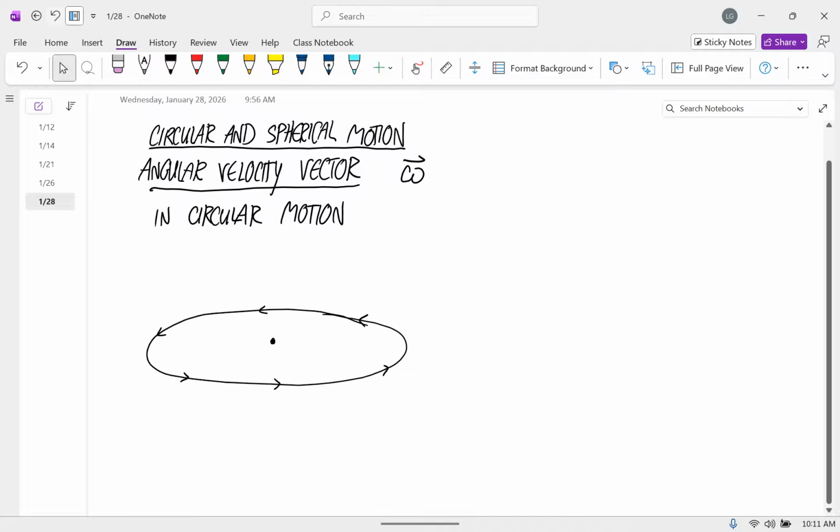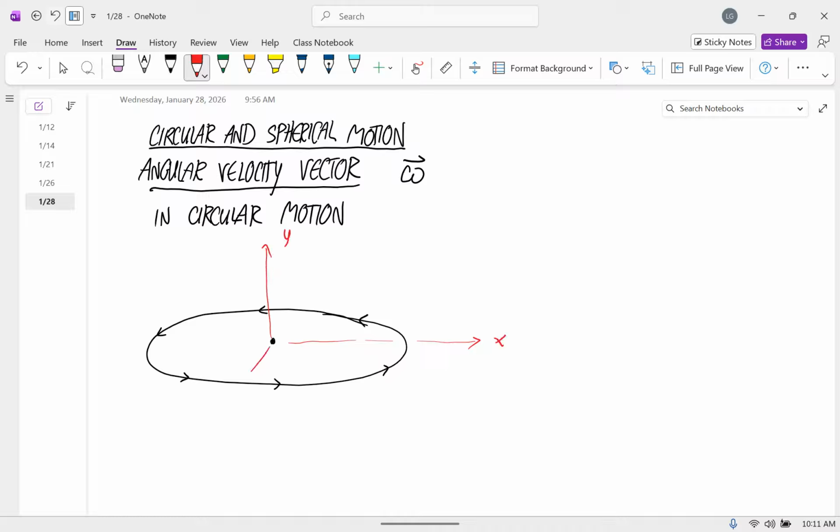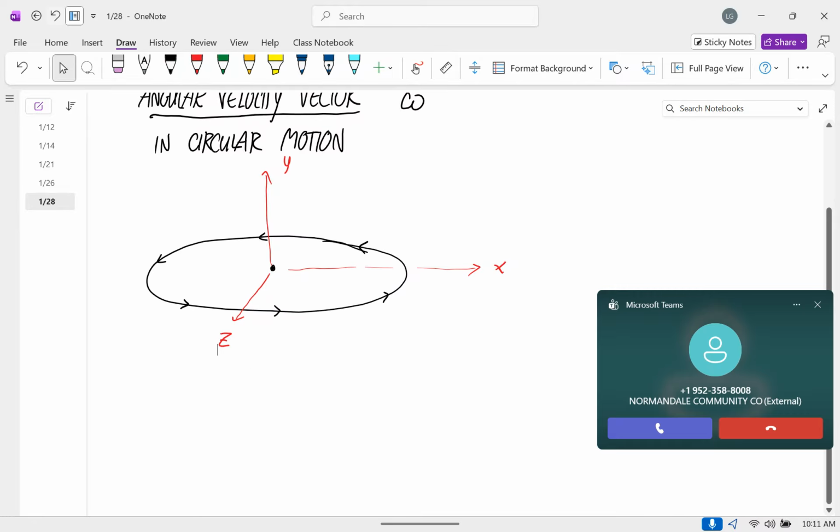I'm picturing a coordinate system. So this is like on the X, Z plane. Okay. The magnitude of